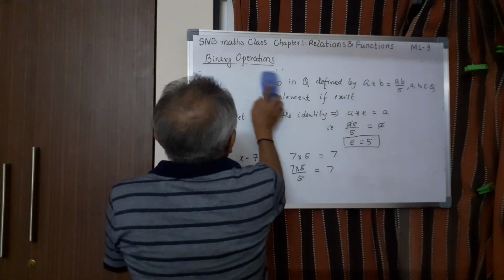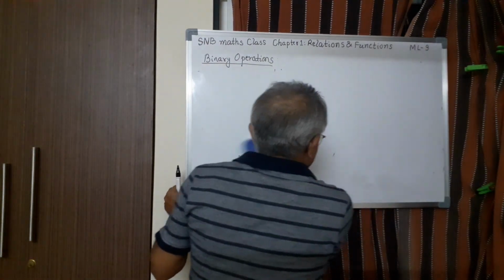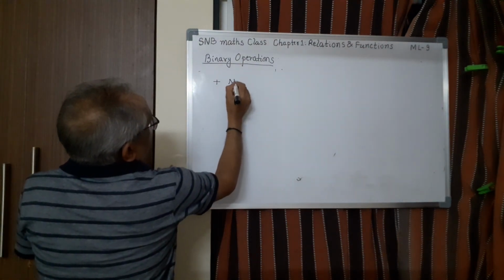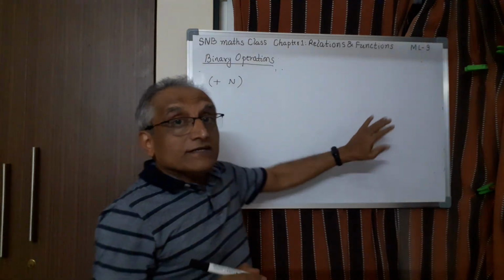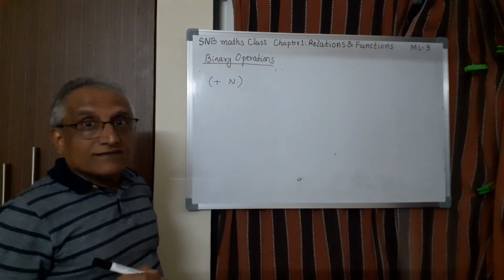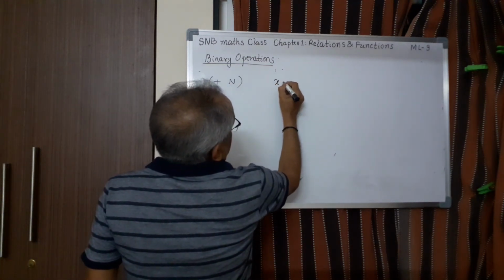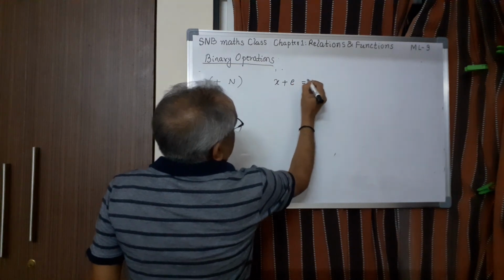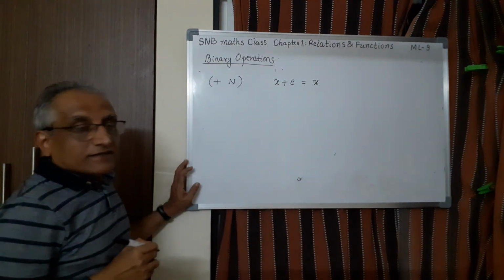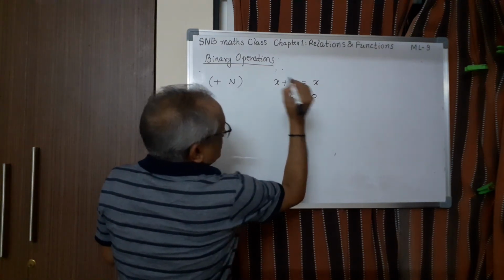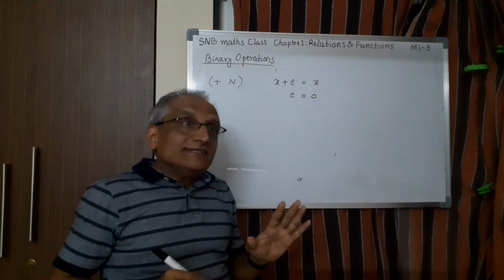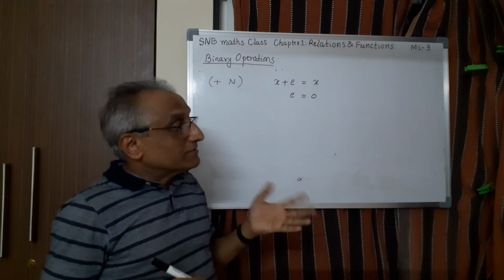Now let me show you one example where identity does not exist. Say for example, let us take addition under natural numbers. Remember, addition is a binary operation in case of natural numbers. But now, suppose you take x. Suppose E is the identity. What should happen is, it should be x by definition. Now, cancelling you get E equal to 0. But 0 is not in N. Therefore, remember, identity may not exist in some cases, sometimes it exists.